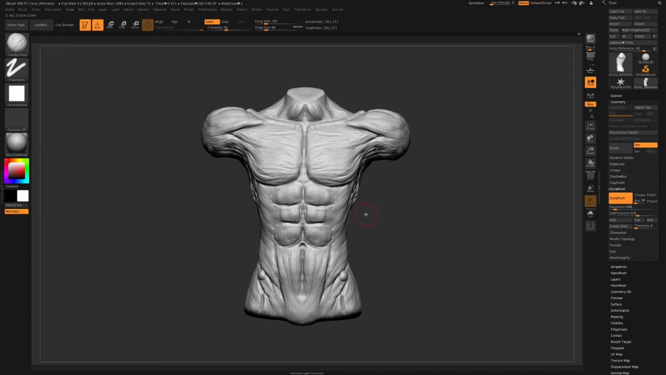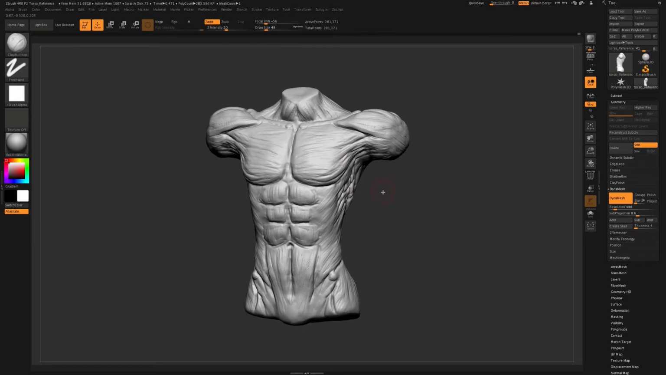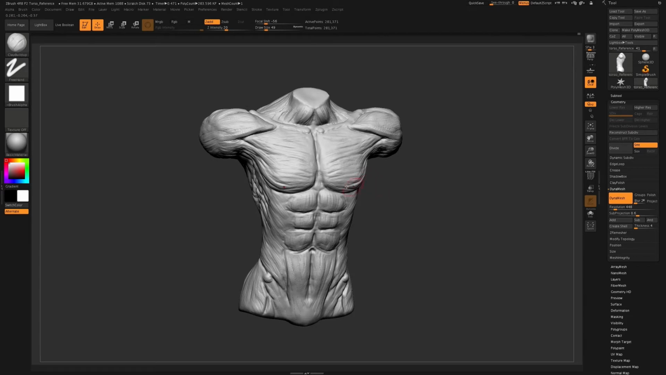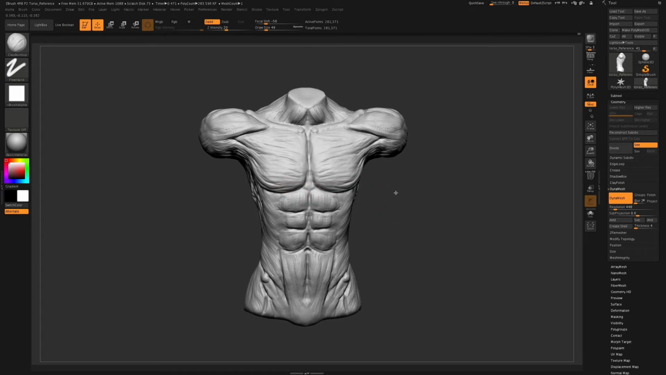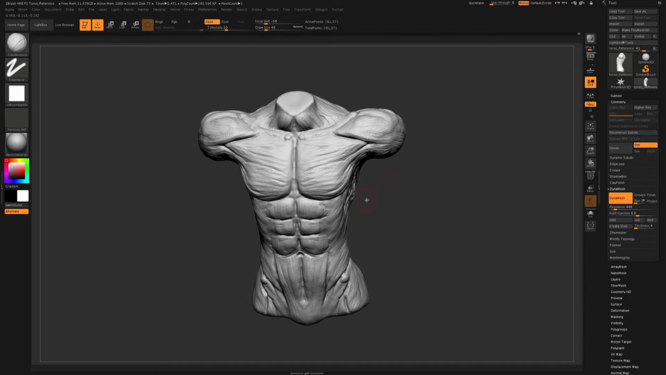In this lesson, I'm going to talk about the anatomy of our torso, and I'm going to talk about some bony landmarks that will help us navigate around sculpting our male torso. So the first thing that I want to talk about when discussing the anatomy of the male torso is the